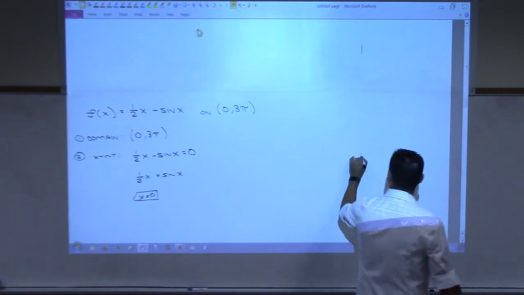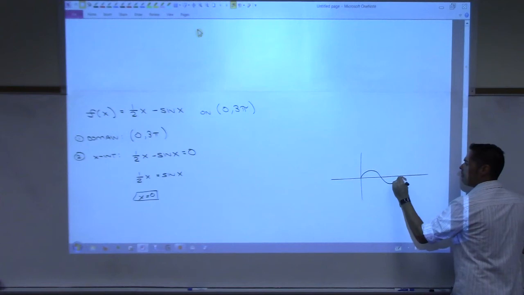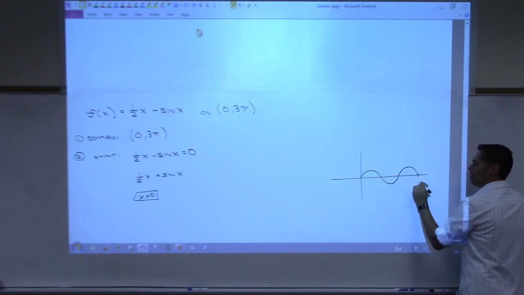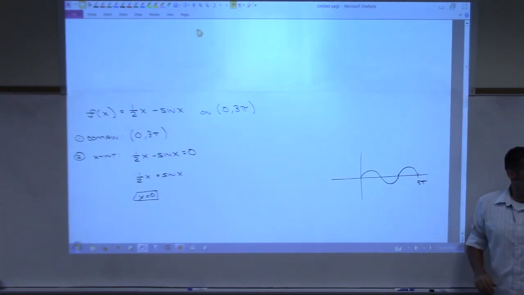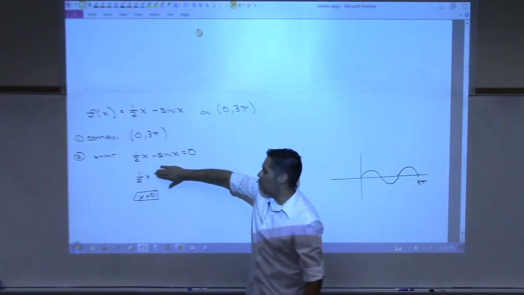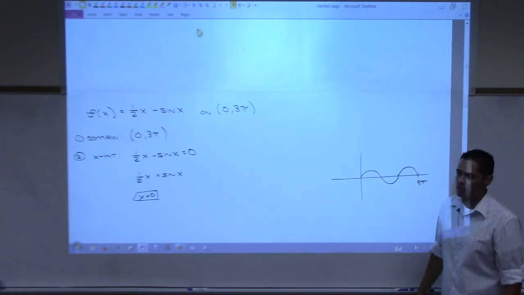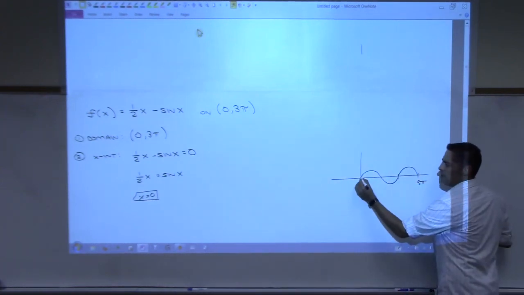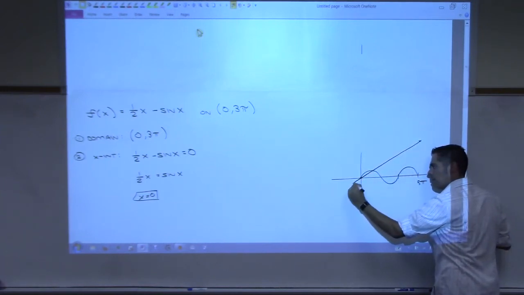Maybe I can convince you of the solutions by looking at this. Here's sine out to 3 pi. Do y'all agree that's sine out to 3 pi? Because out to 2 pi is here, right? What does 1/2 x look like? The left side of this equation? If I ask you to graph 1/2 x, what is it? A line? What's the slope of the line? 1/2? So if I start from this point and I draw a line, like this,